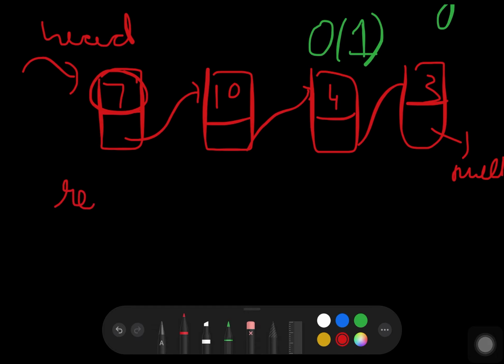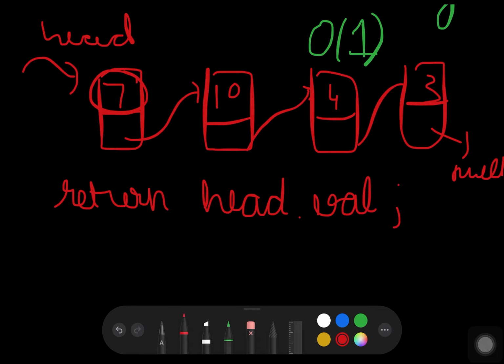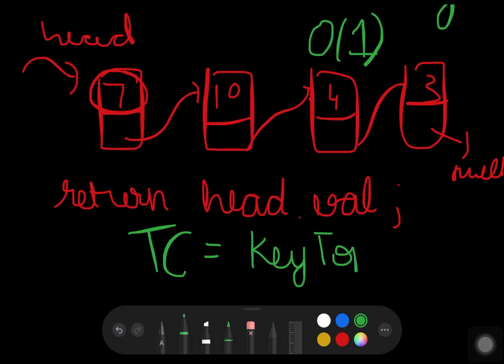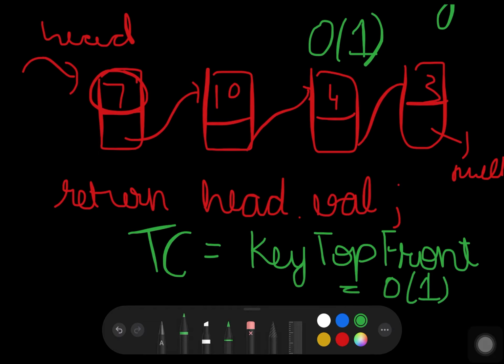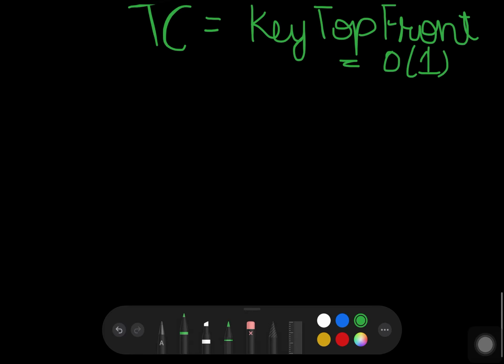So we can return head dot val, which is the value or the key. So the time complexity for this operation, which is top front, is equal to big O of 1. So I hope this makes it clear.